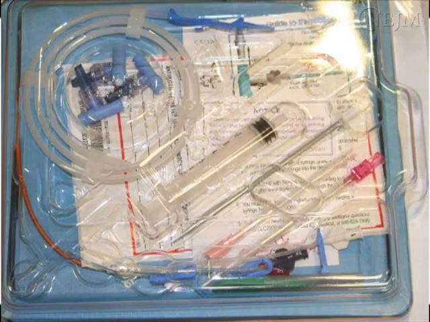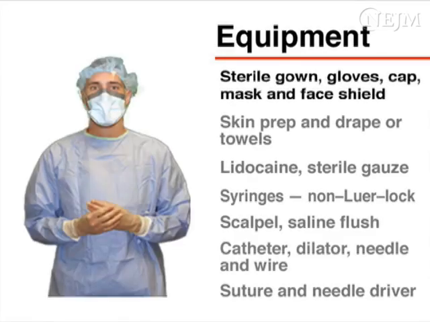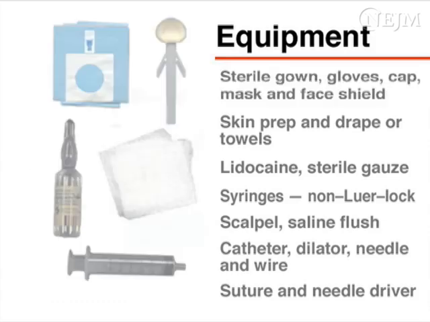To assure that there is the highest level of sterility, the operator should wear a sterile gown and gloves, as well as a surgical cap, mask, and face shield. Most of the equipment can be found in commercially prepared kits, and should include skin preparation solution, sterile towels or drapes sufficient to cover the entire body, 1% lidocaine, sterile 4x4 gauze, non-luer lock or slip-tip syringes, which are easy